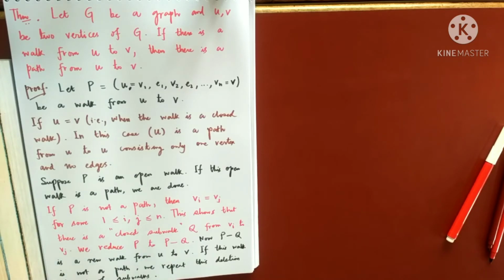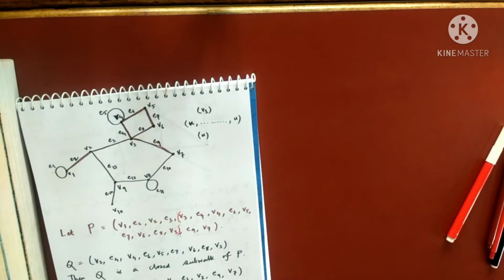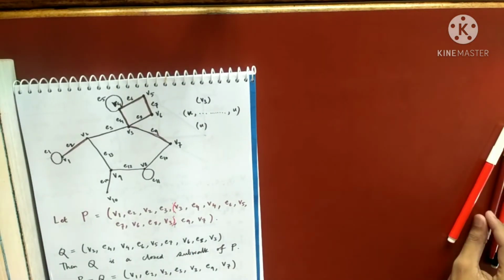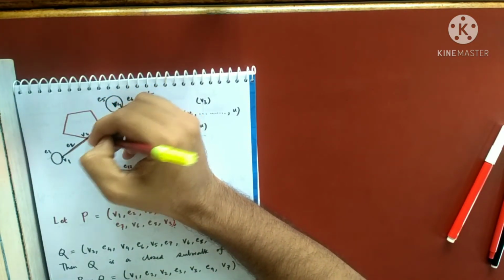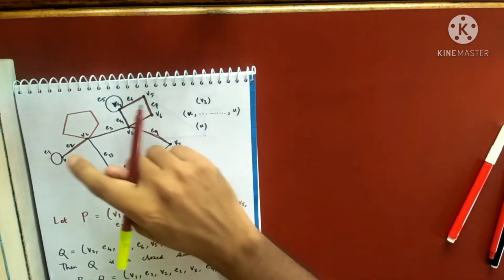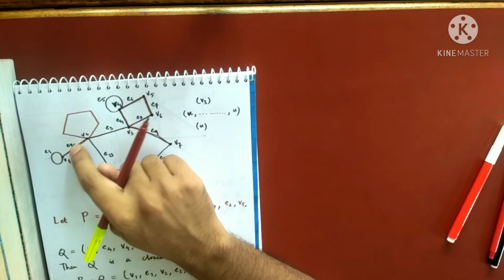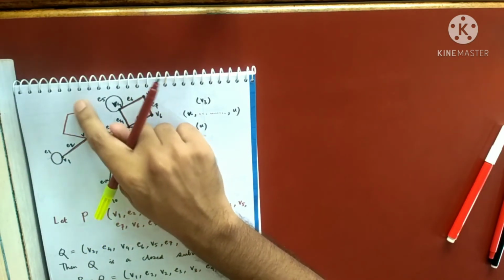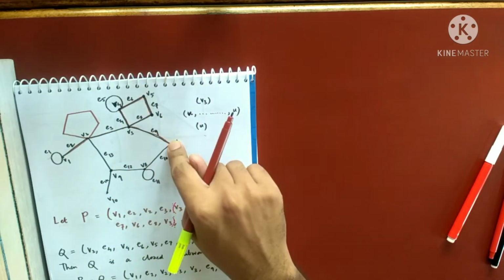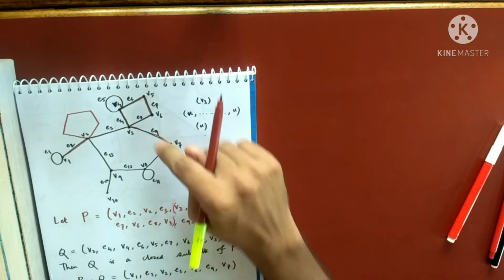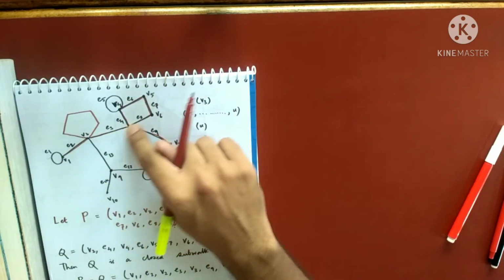So what I mean by this, just look at this graph. This graph is very useful to us. So there was only this. Suppose I had another one like this. Suppose I was traveling this way, and I'm going to V7. Firstly, I saw there is a closed subwalk. I remove this closed subwalk, so this has been removed now. Now I am going like this. But this is again not a path. So I have to remove this closed subwalk again. I'll go here, I'll remove this, so I'll go just like this.